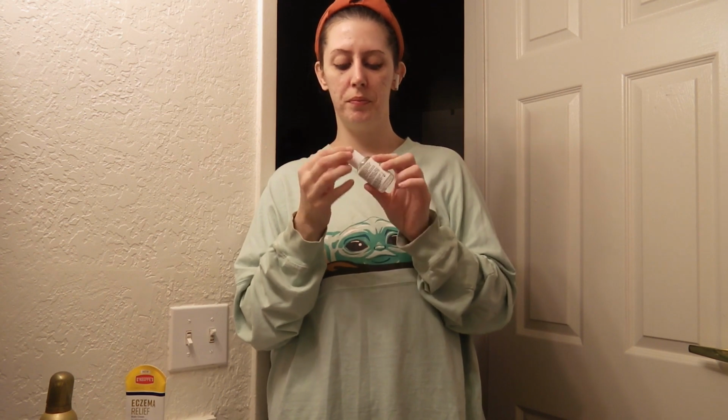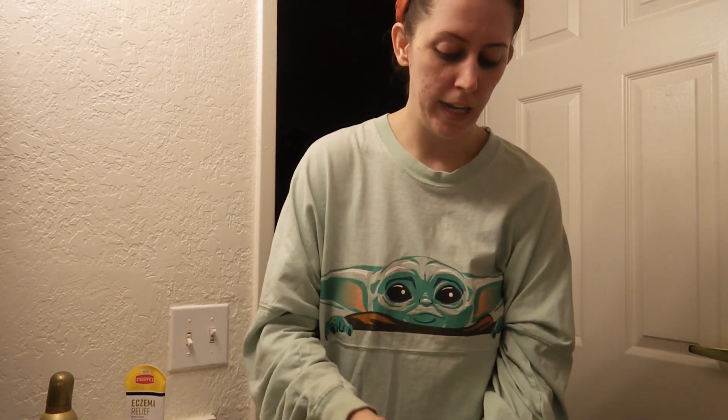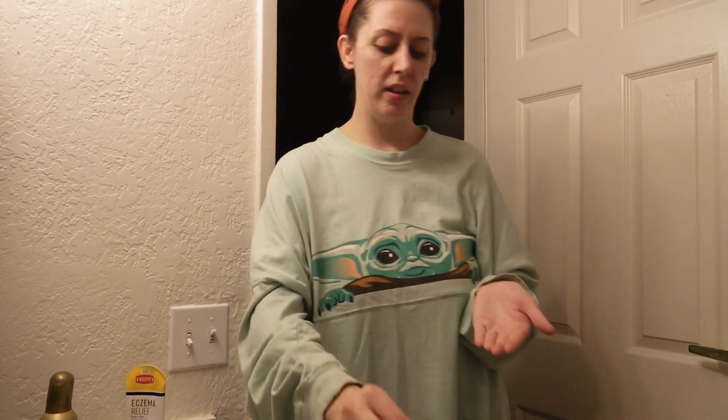So we're just gonna go in with the serum, and I'm gonna go in with the KIEHL'S Ultra Pure Niacinamide. It is a 5% niacinamide serum. Sorry about that, it looks like my camera cut out for some reason. So anyways, as I was saying, I'm going to use this KIEHL'S Ultra Pure Niacinamide serum. It is a 5% niacinamide, and niacinamide is great for all different kinds of